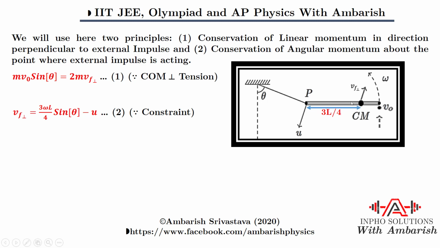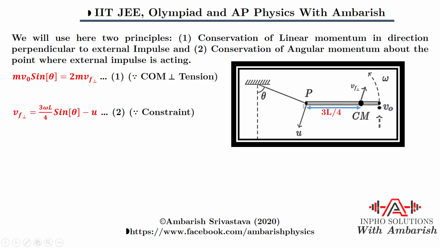From point P, the center of mass will have a vertical velocity of omega into 3L/4. So omega into 3L/4 is the component perpendicular to the rod. So along the Vf perpendicular it will be omega into 3L/4 into sin theta. So that's 3 omega L/4 into sin theta, that's written here. So that's just the component of velocity